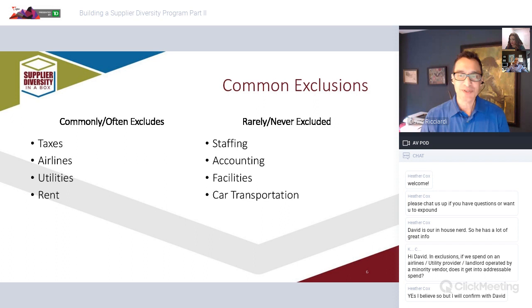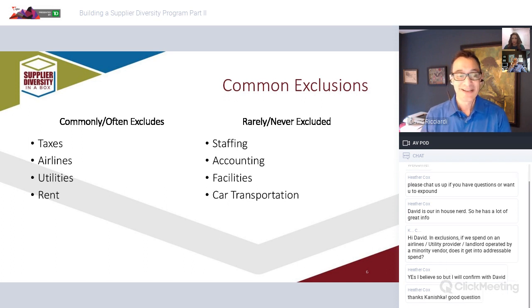Using a diverse supplier, this was said yesterday. I believe Heather said this at the end of our session 1 yesterday. Having a supplier diversity program doesn't mean you bring down the standards of what you need. If you need something, then you go ahead and you acquire from those people that can bring you those services. So if you have a diverse option for a landlord, then it's your addressable spend. But if you need 500,000 square feet and there's nobody that's diverse that's providing that, then I would actually argue that could be reasonably excluded and taken out because you don't have the option.